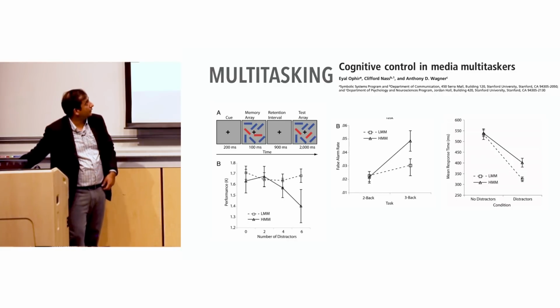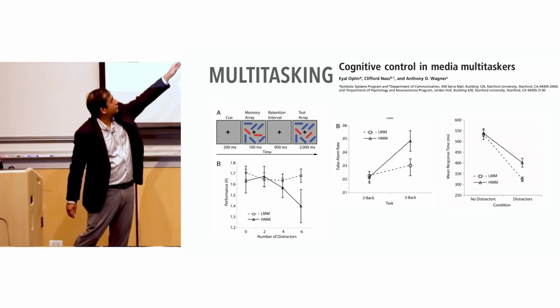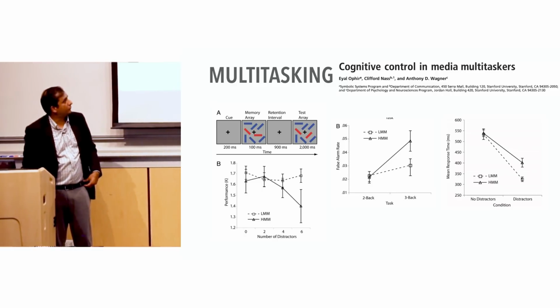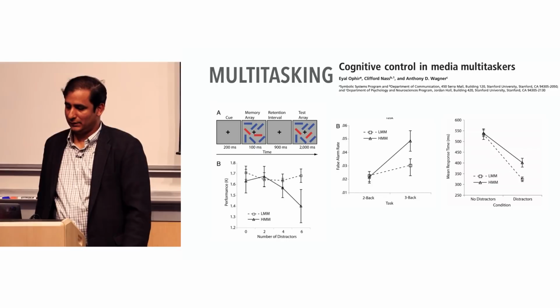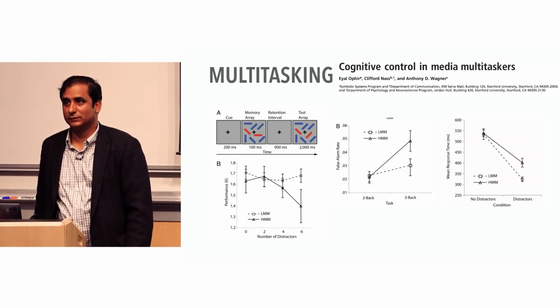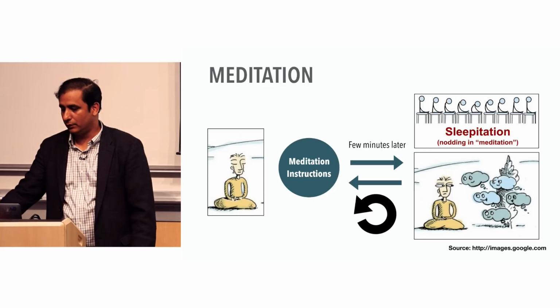The same is true with other cognitive performance, like the 2-back and 3-back memory tasks. They perform pretty poorly on that. A high number means you have a higher false alarm rate, meaning you're a poor performer, and you're also slower than people who are light multitaskers. And again, how do you learn not to multitask?